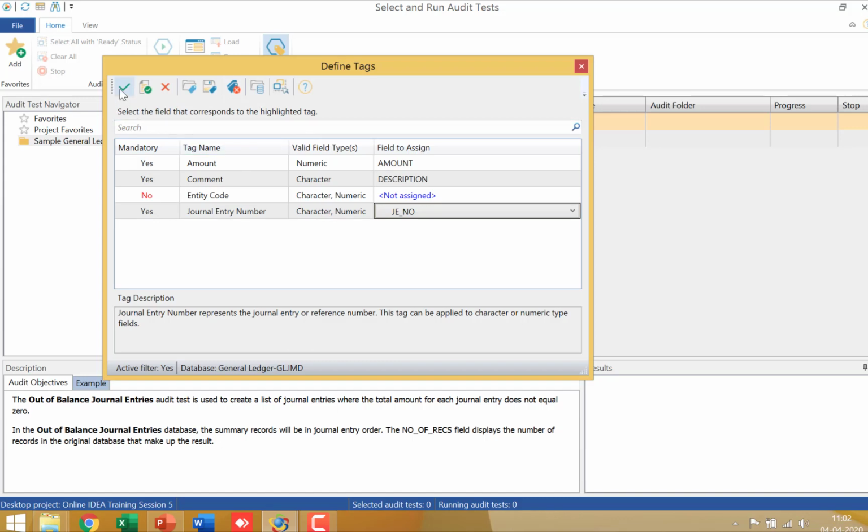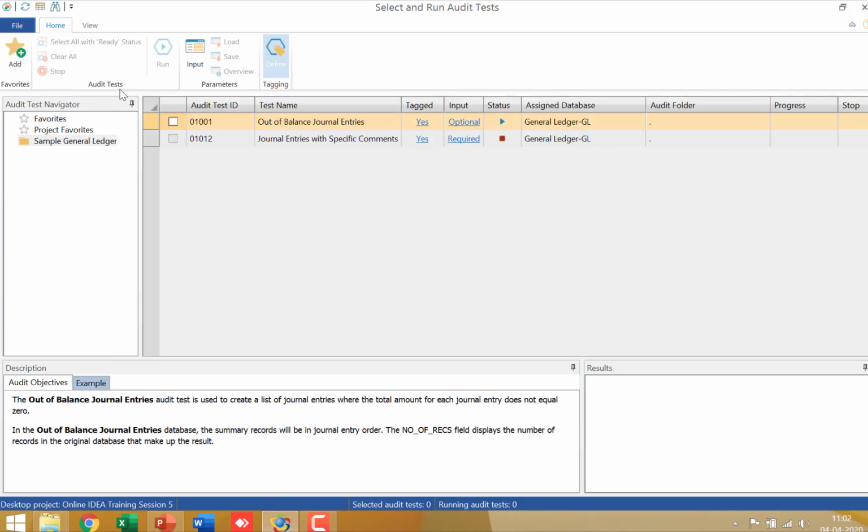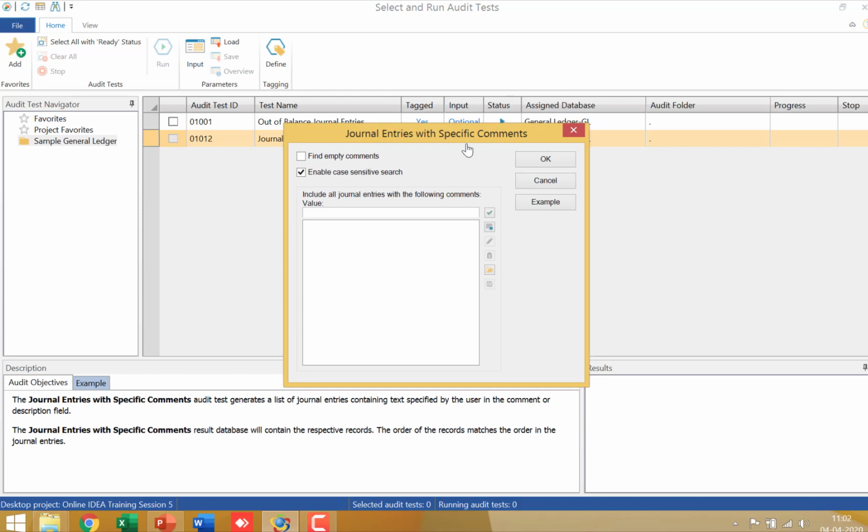Now once I do this, I click on the Apply and Close button, and you can actually see now that the out of balance journal entries is ready for the run, but journal entries with specific comments needs inputs. You can see that input required. So I'm going to click on required, and here you need to tell the SmartAnalyzer app what fields you're looking for. So here, let's say I put in the field donation,